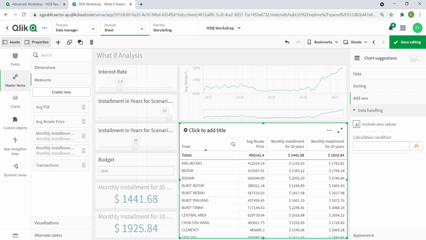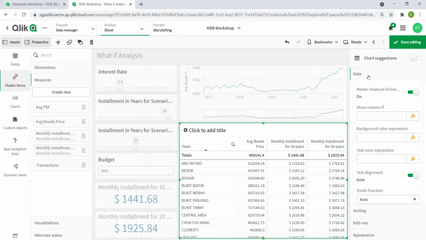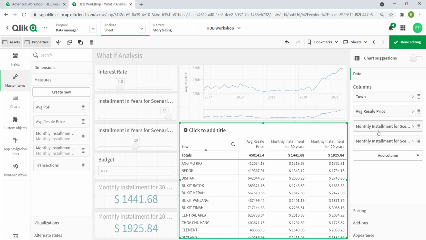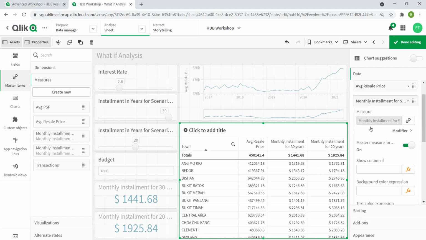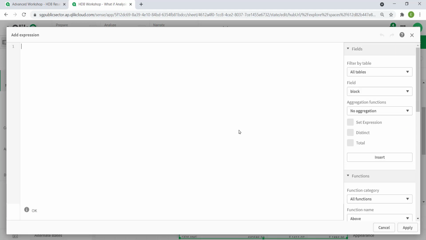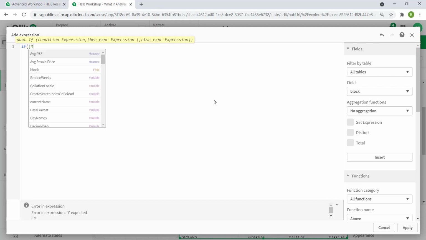Next, we want to color code the monthly installment. If the monthly installment falls below the budget, let's make it green. If not, let's change it to yellow. Click on data and select the column for scenario 1. Click on the background color expression. You want to change the background of the cell if the condition is met. So put in an if statement. If my monthly